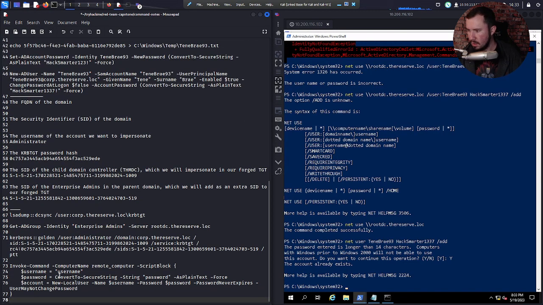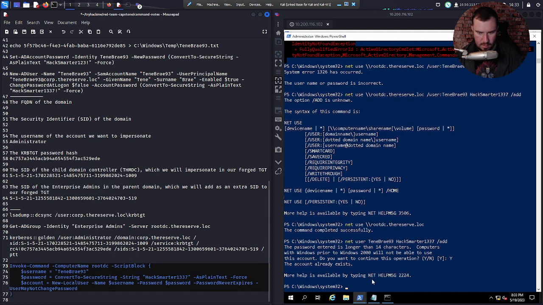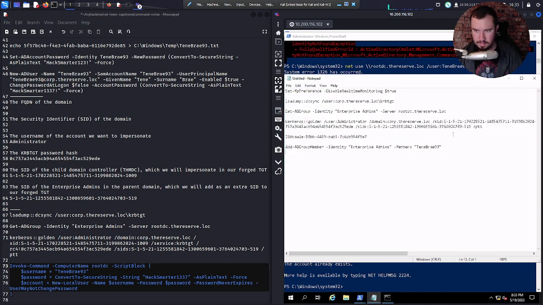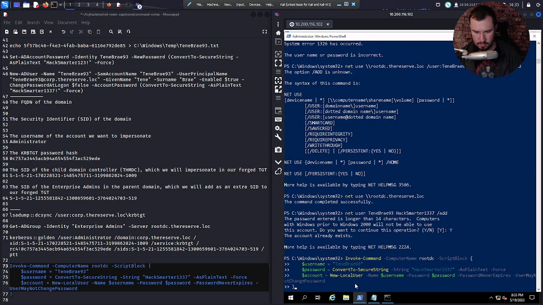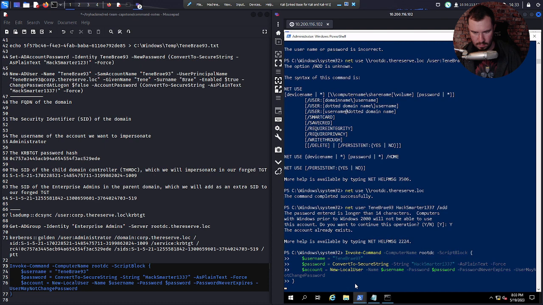So, trying not to miss anything for work. Invoke command, computer name is going to be root DC. Username is going to be Tenebrae93. Is that going to work?